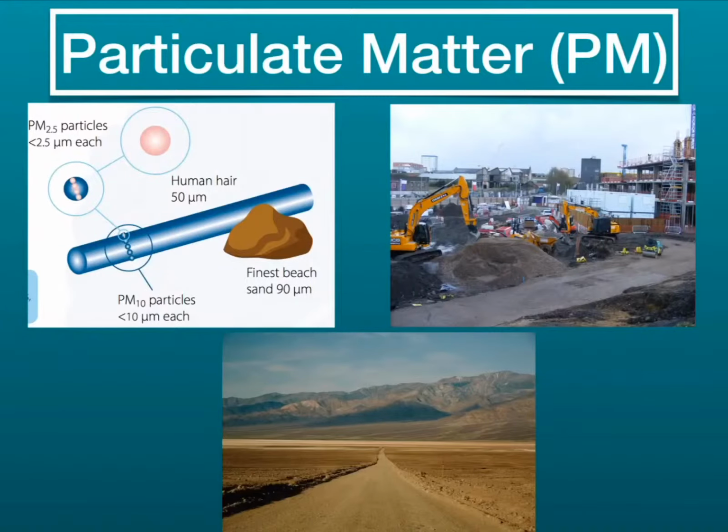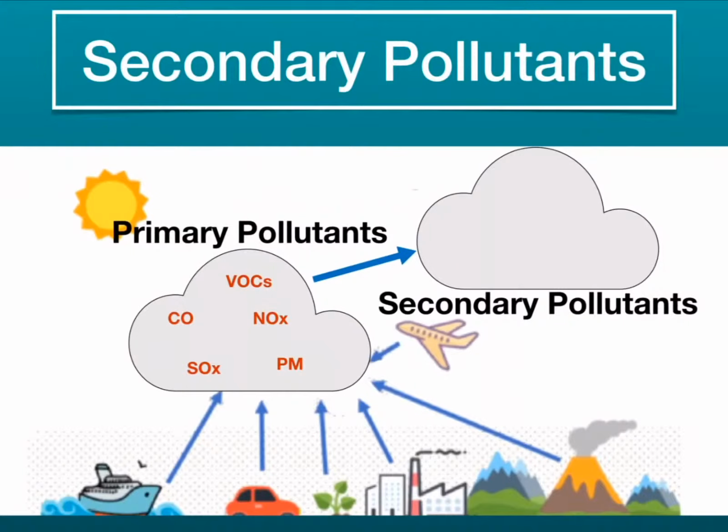Particulates or particulate matter are tiny pieces of solid matter or liquids in the air and can consist of hundreds of different chemicals, including carbon, sulfur, nitrogen, and metal compounds. They originate from many different sources, including construction sites, vehicle exhausts, industrial sites, and unpaved roads, and come in many shapes and sizes. Some are large enough to be seen with the naked eye, whereas others can only be seen through powerful microscopes. Larger particulates, around 10 micrometers, are generally filtered out of the body via the nose and throat. However, smaller particulates, less than 10 micrometers, can be inhaled into the deepest part of the lungs and even enter the bloodstream.